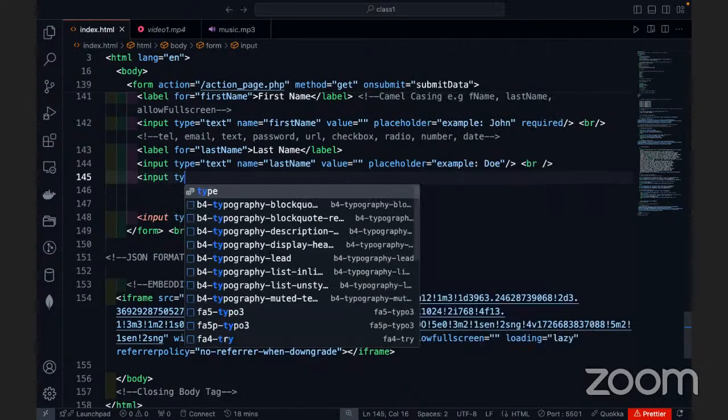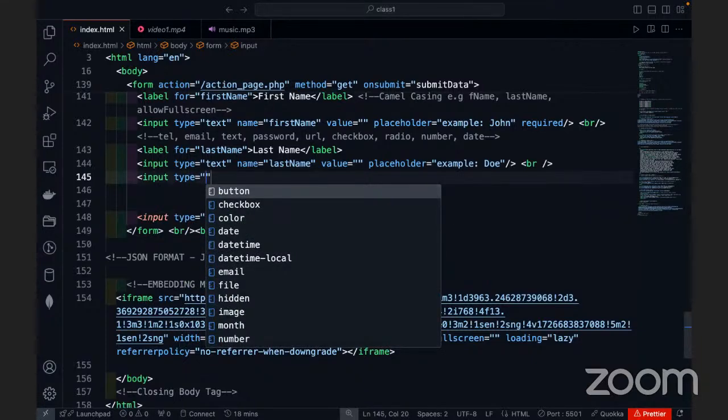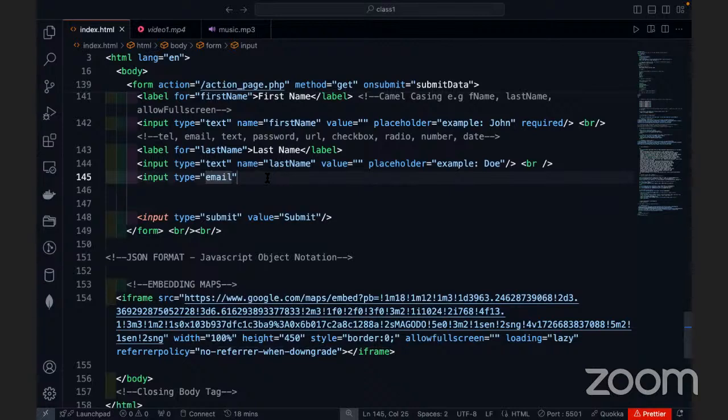Input type. So as you can see, just by typing this, my VS Code already gives me a list of what is possible or what could possibly be an input type. So let's say email. Let's choose email, right? Let's work on email. And of course, don't forget your name. Give it a name, email. Then we have value, empty by default, and placeholder. You can say example mail if you like,